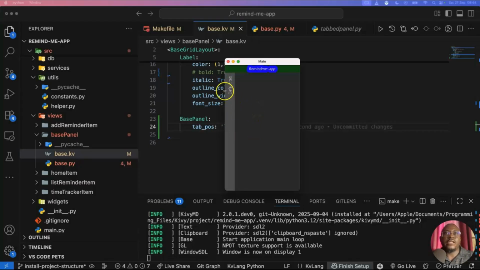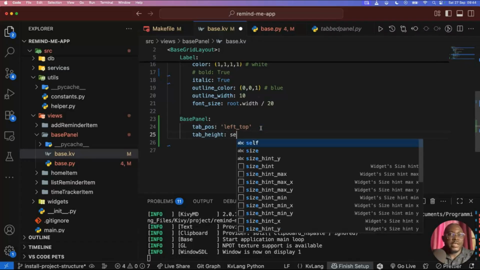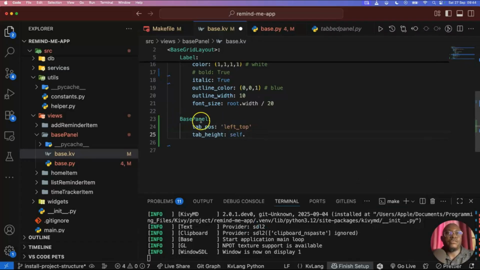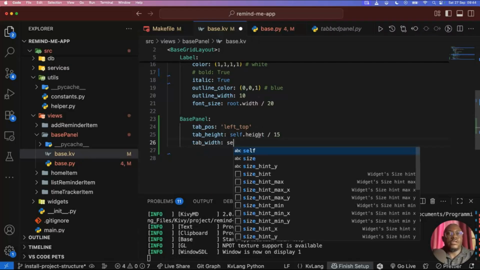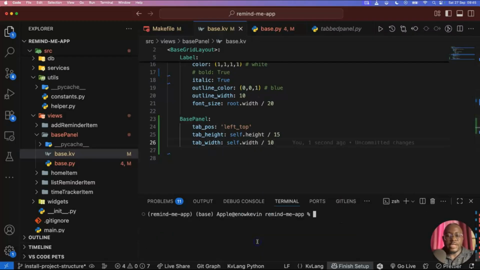But before we do that, let's see how we can adjust the width and the height of this button, because this looks big, right? In order to do that, we can go ahead and say tab height, and it's going to be dynamic, of course. It's going to take the height of the panel and divide it by 15 in this case. For the tab width, do the same thing. We're going to divide it by 10. All right, so once we run that,